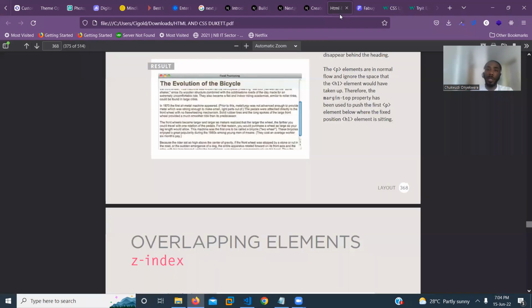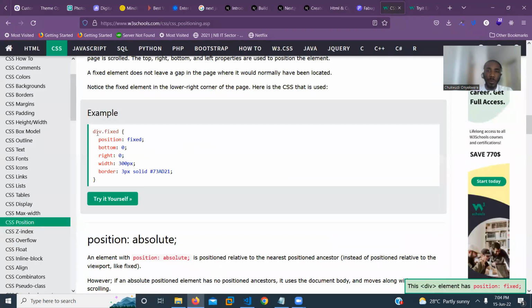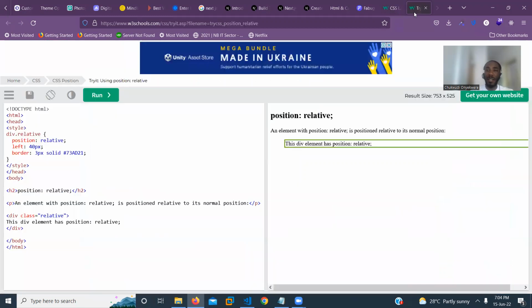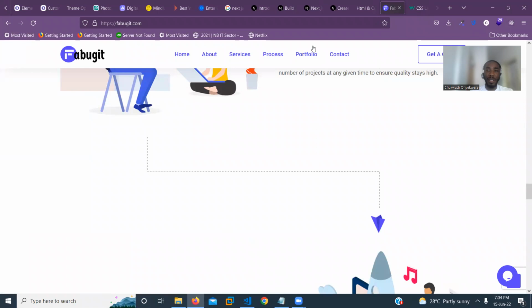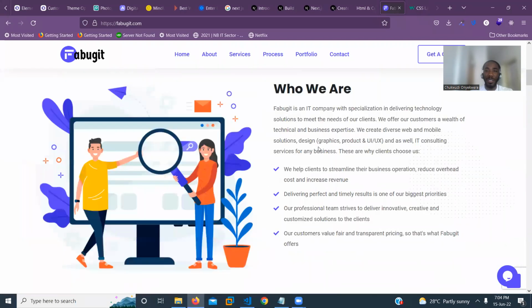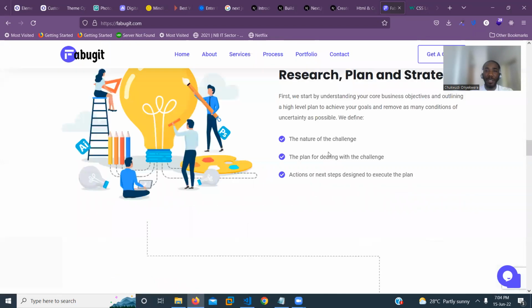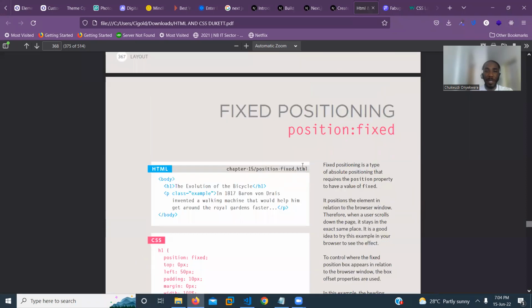But then when we go to fixed, I'm going to close this now. When you make something fixed, it stays there. I believe you guys have seen, for instance, this is the website I did. You can see the top bar is fixed. The position is fixed. That's why when I scroll, everything else scrolls underneath it, right? You see that the top is fixed. So that's what fixed does. When you say position fixed,